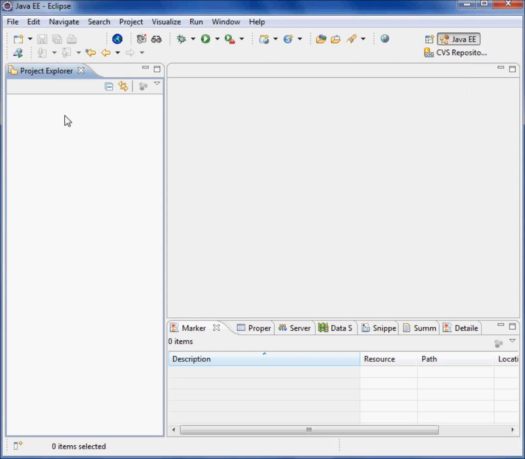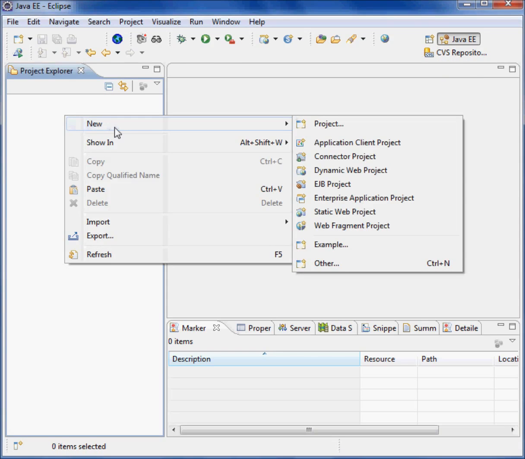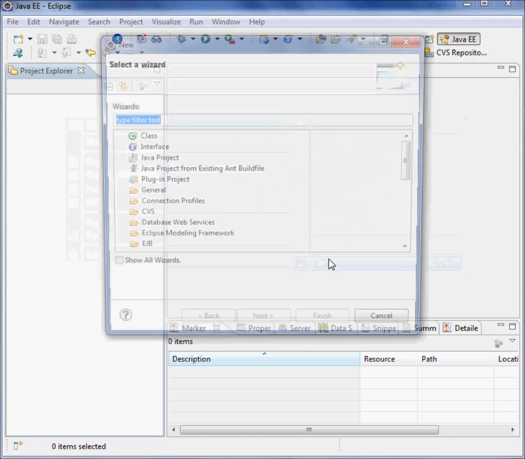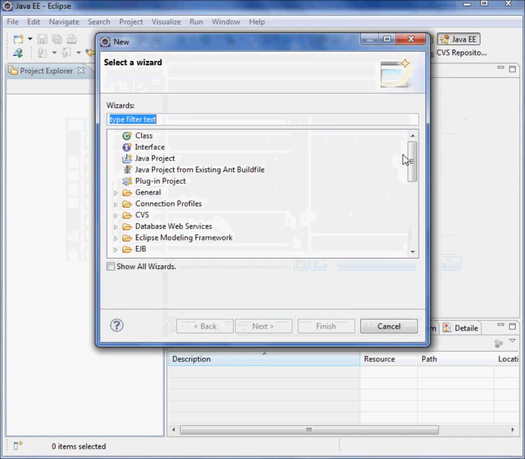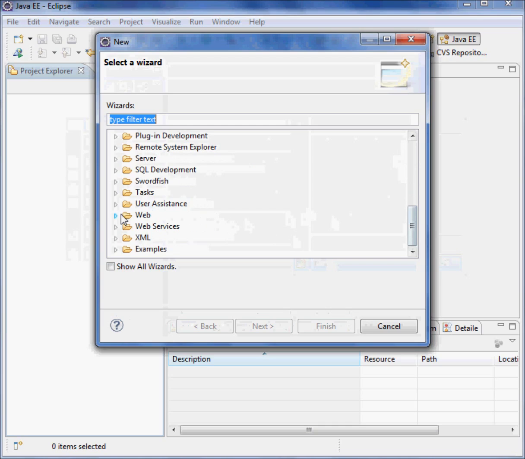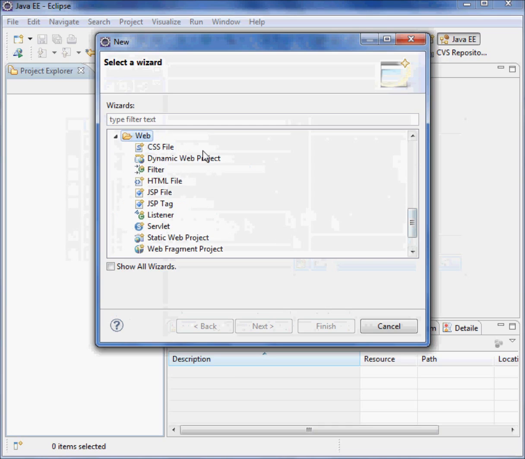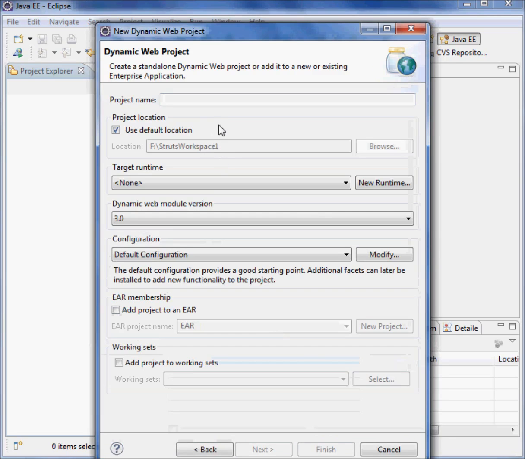Just right click here and then say New and click Dynamic Web Project. If this list is not coming, go to Other, scroll down, you will find a Web folder. In the Web folder you have Dynamic Web Project, then say Next and give a project name here. Let us say the project name is